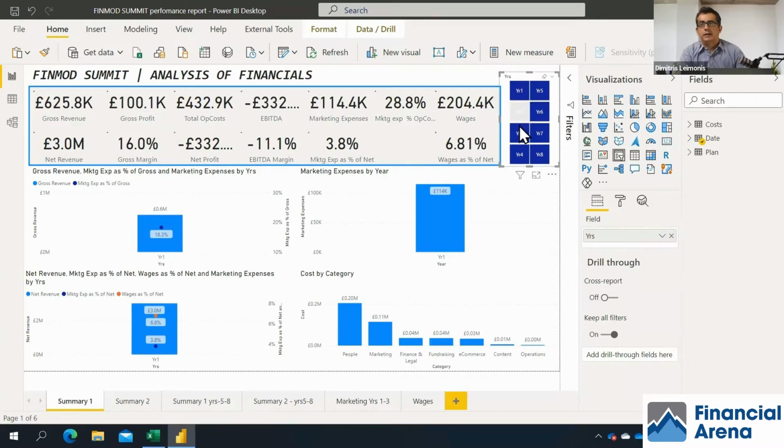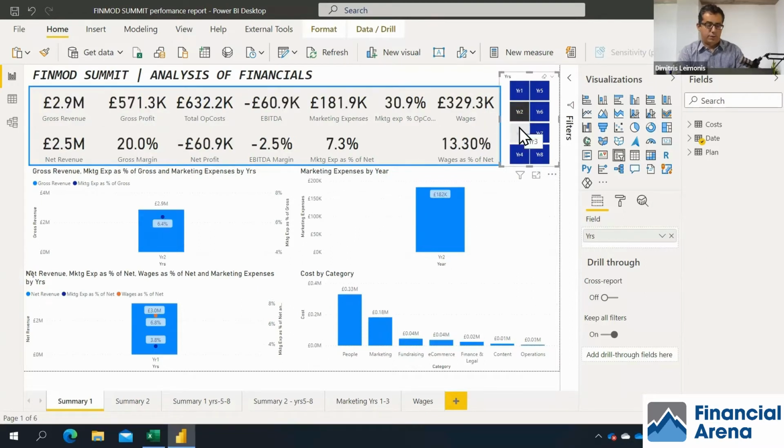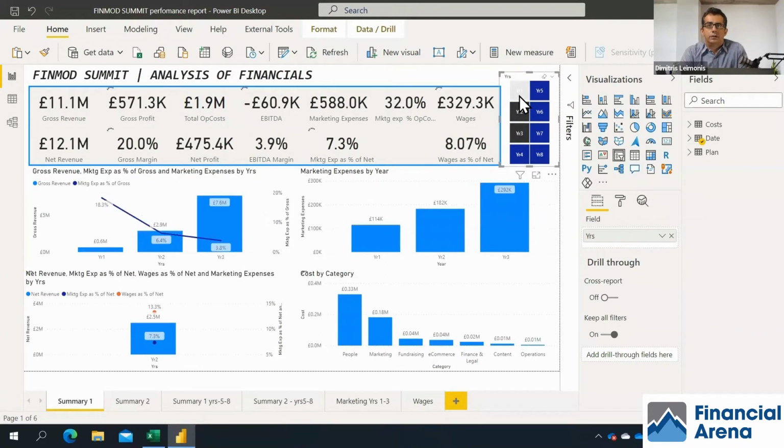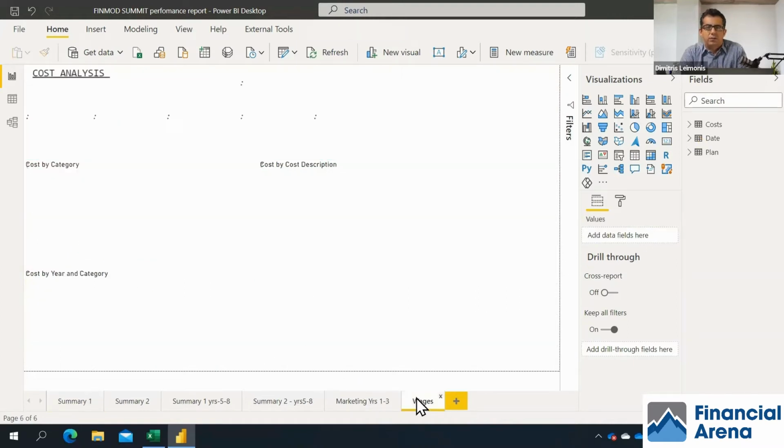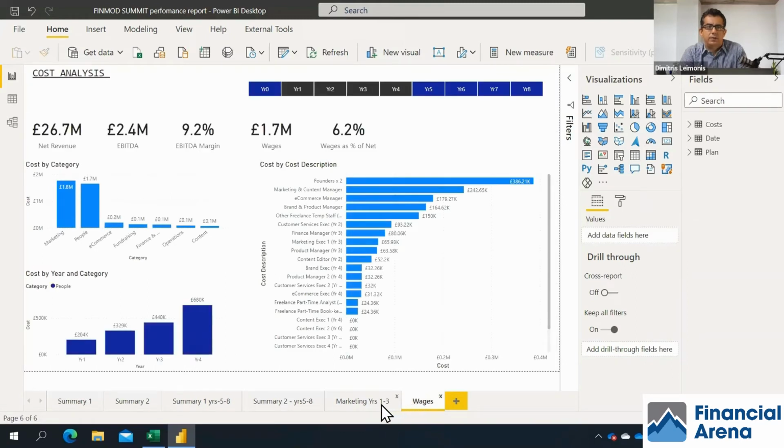So I can slice and see the data. So if I press Control, I can get all these numbers just for specific amount of years. And if I had monthly or quarterly, I could slice my data by quarters or by months, etc. Okay, and I have some other pages here, like the analysis of the wages from the cost tab, by category, the number of